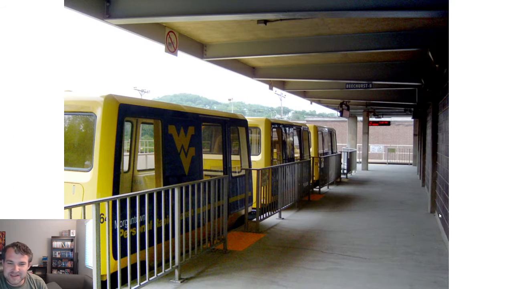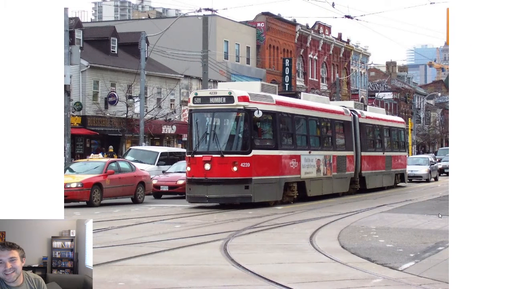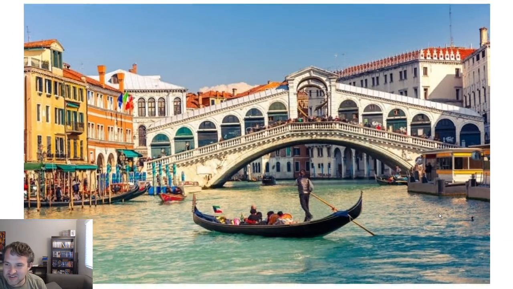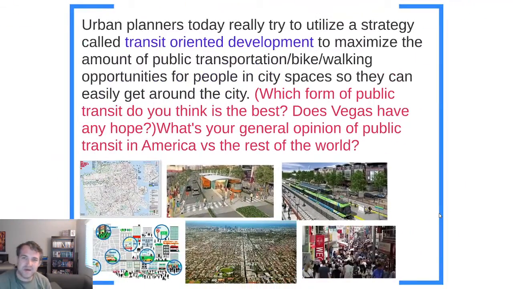This is some kind of personal transit, so this is intra-city for sure. This is an intra-city bus as well. Actually, this might even be a trolley because it's connected to electrical cables. A gondola, also in Venice, intra-city transportation. Okay, so